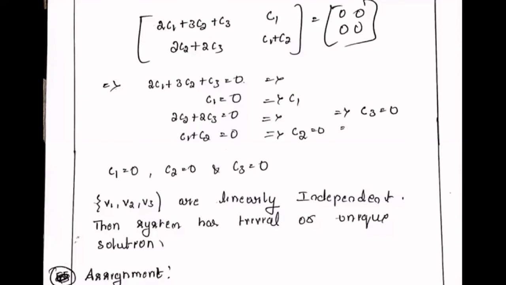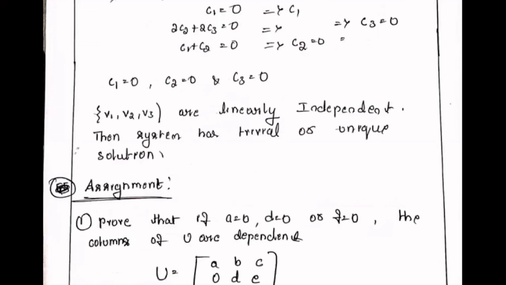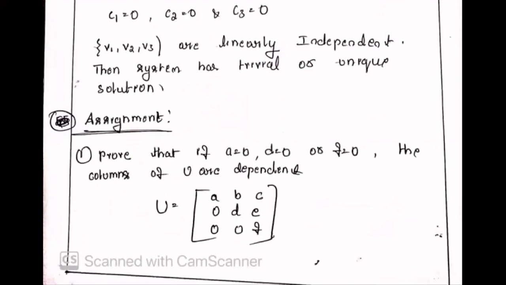So these are all the questions. Let me give you some hints about the assignment questions here. The first assignment question is this: rather than having 1s and 0s in the question, what we have here is A, B, C, D, E, F. So some unknown variables are there. The question they're asking is, you have to consider, first, A is equal to 0. For the first case, A is equal to 0. The second case is D is equal to 0. The third case is F is equal to 0, right?